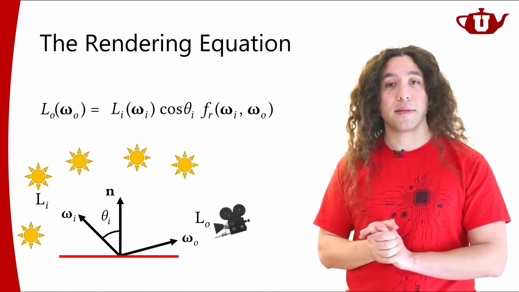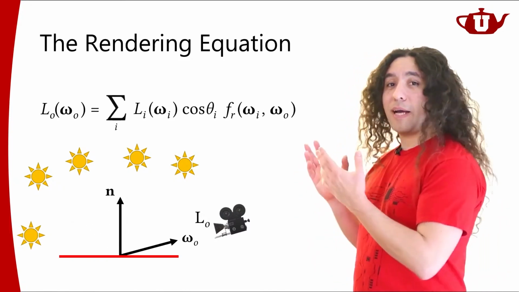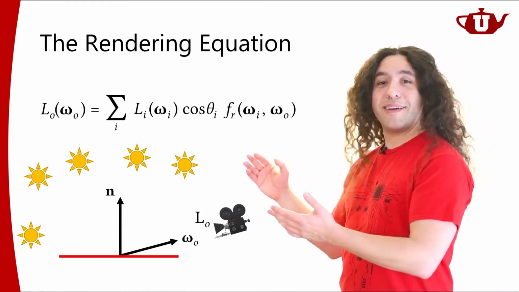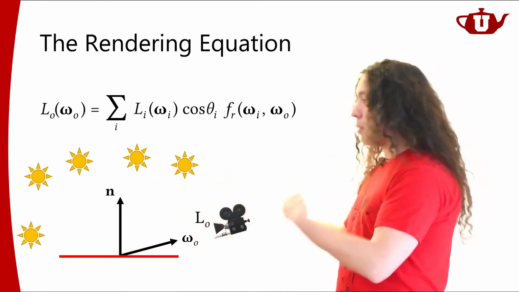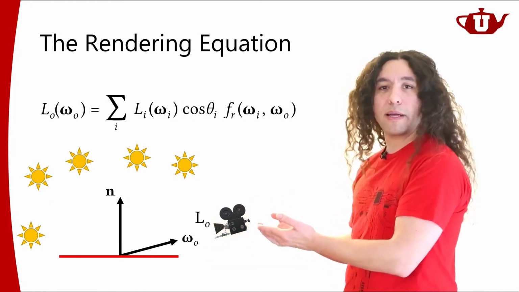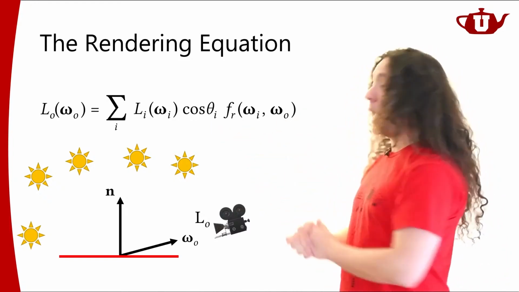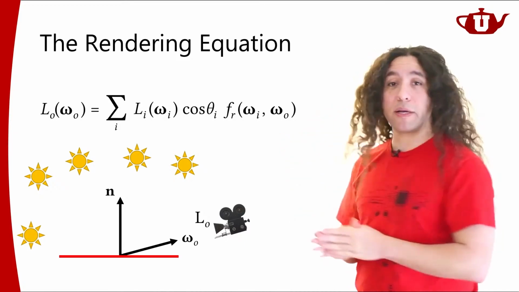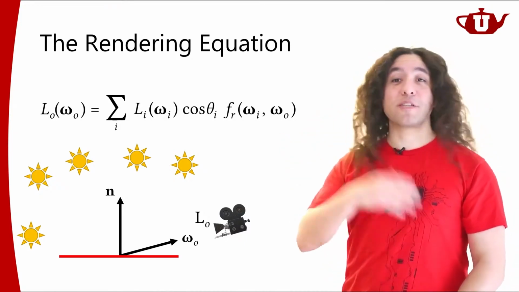What do I do then? In that case, I'm going to have a sum, because light coming from all of these light sources will reflect, and I will have the sum of all reflected light along this direction, right? So I'm supposed to have a sum of all lights. Again, the very same equation. All good? All right, let's take it to an extreme.